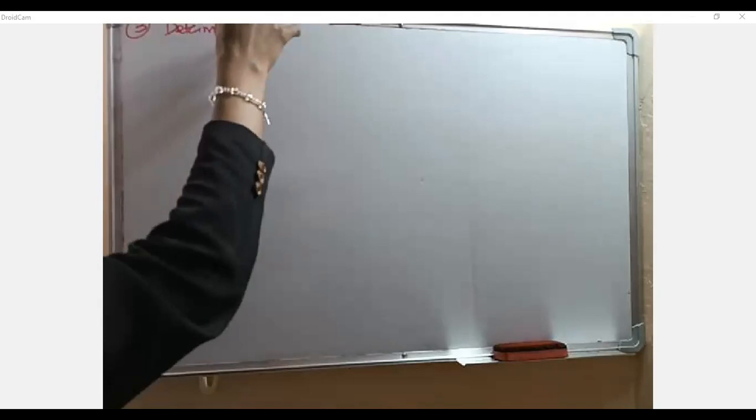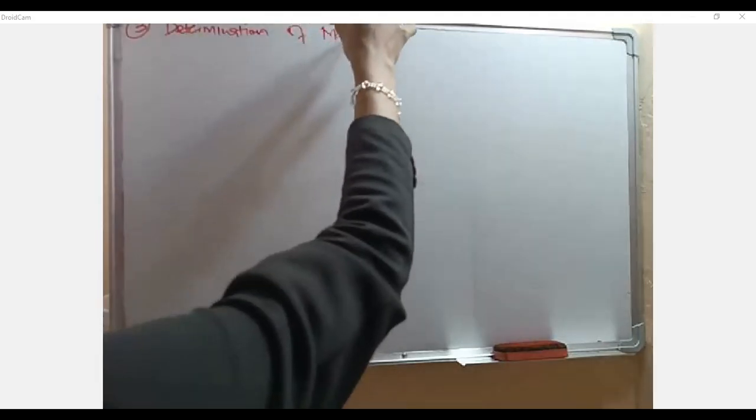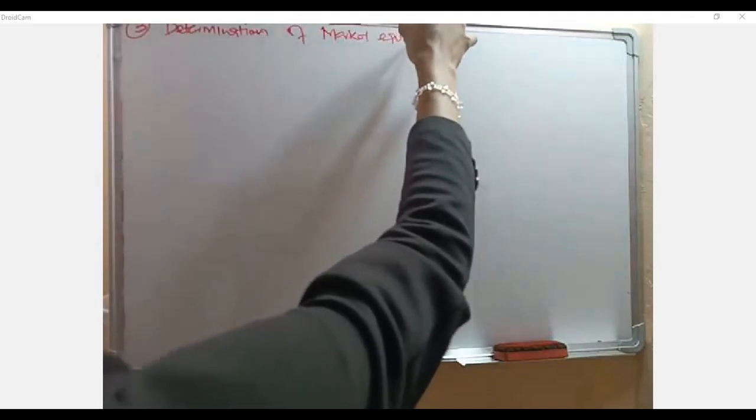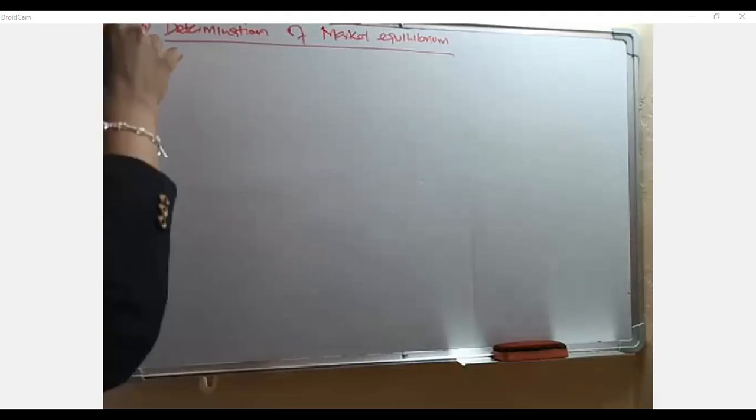Determination of the market equilibrium. Very simple. When you look at the determination of the market equilibrium, we are saying it's just a point of consensus between supply and consumer of a given commodity. And we normally say at market equilibrium,